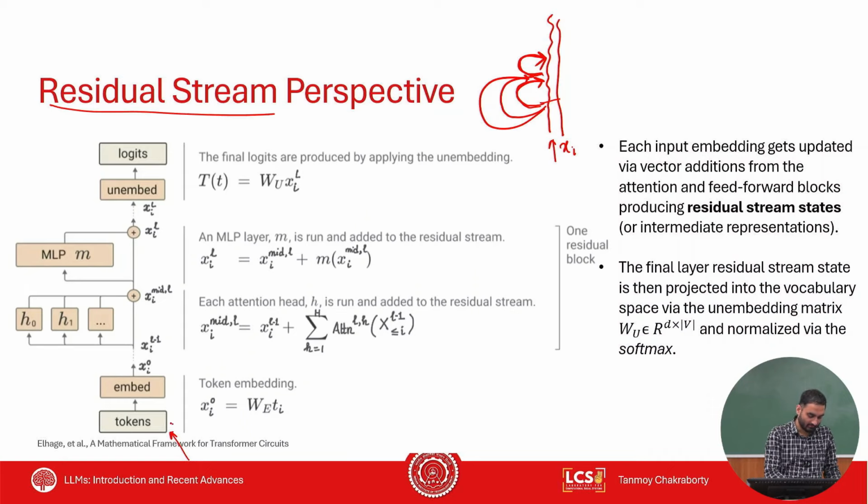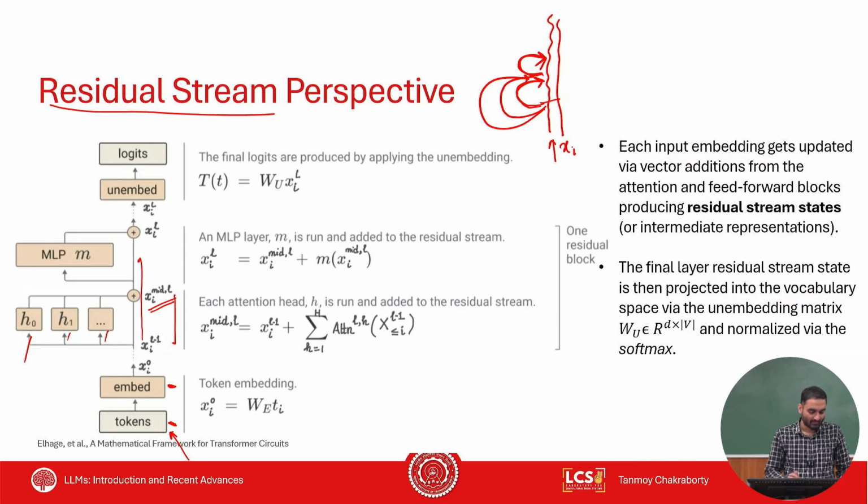Okay, so this is the token. You get the embedding. Now at every layer L you have different heads, right? Multiple heads. These heads will essentially contribute separately, right? They will basically be added to the stream. This is the stream, and you will get an intermediate representation after attention. This we call as xi